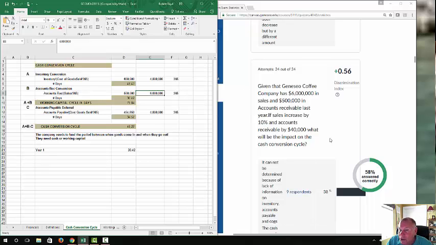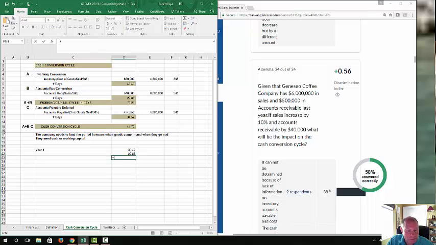Now, sales increase by 10%, so sales would be 6,600,000. And if receivables went up by 40, that means they were 540,